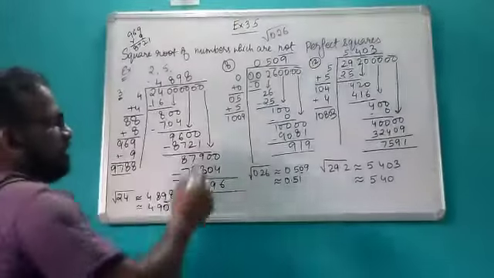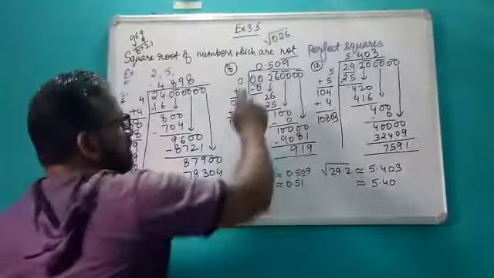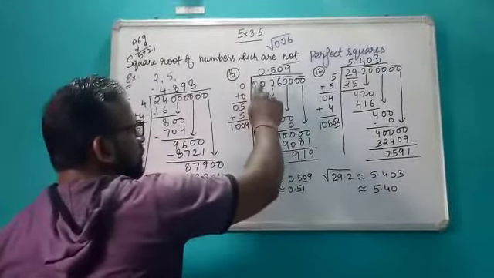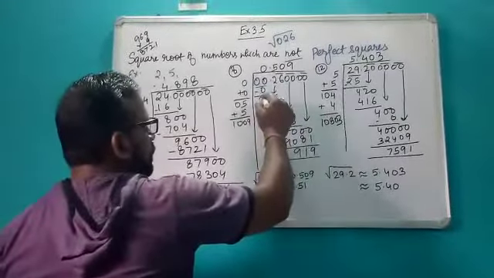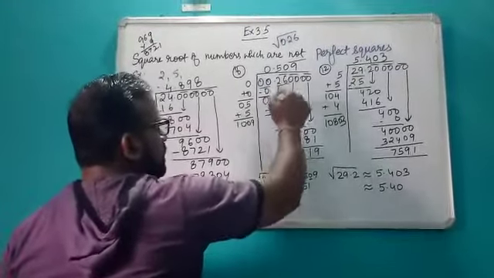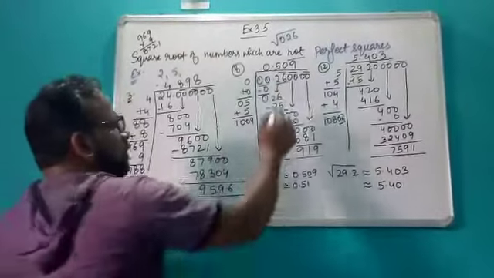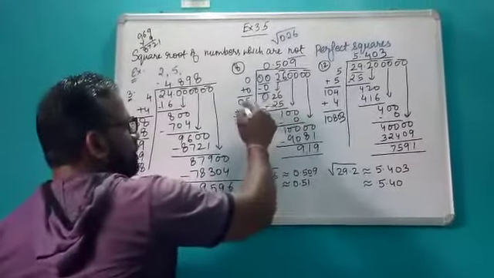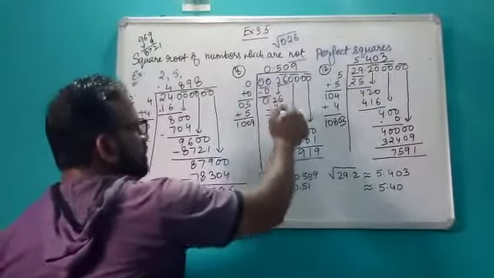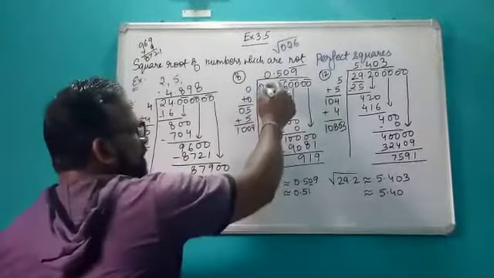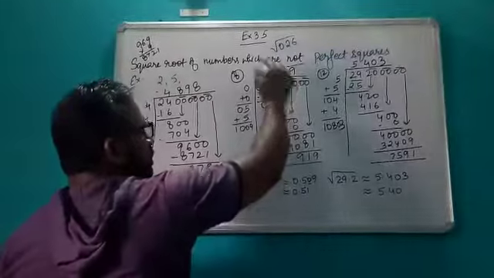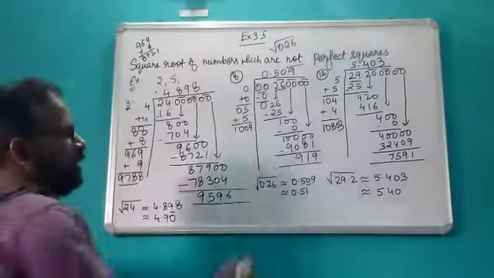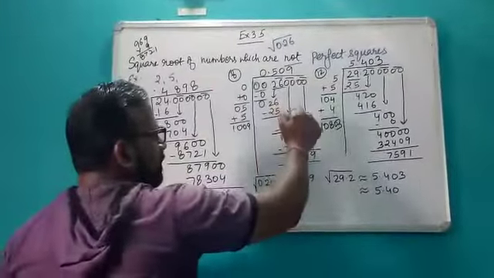So again we will start in the same manner. This is 0. So 0 into 0 is 0. When you subtract, you will get the 0. Okay, no need to write. If you want to write, you can write. Then we will bring first pair down, 26. So the nearest square of 26 is 5. 5 into 5 is 25. And as soon as this decimal starts, you will put the decimal here also. Then again you will subtract and you will bring one more pair, it is 100.